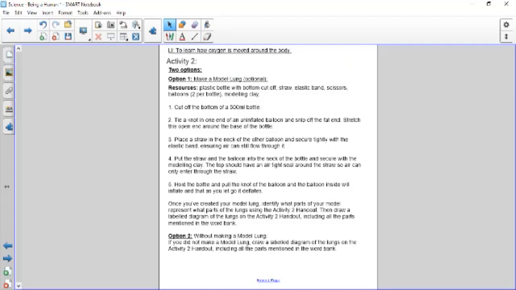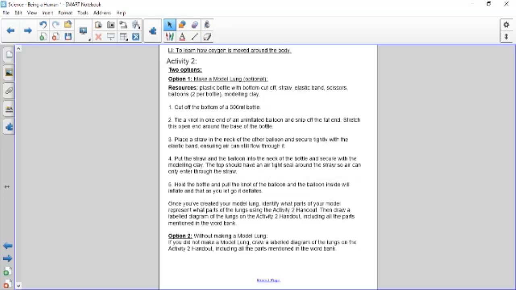Once you've created your model lung, please identify what parts of your model represent what parts of the lungs using the handout on the next slide. Then draw a labeled diagram of the lungs on the same handout, including all the parts mentioned in the word bank. For option 2, if you don't have sufficient resources at home,